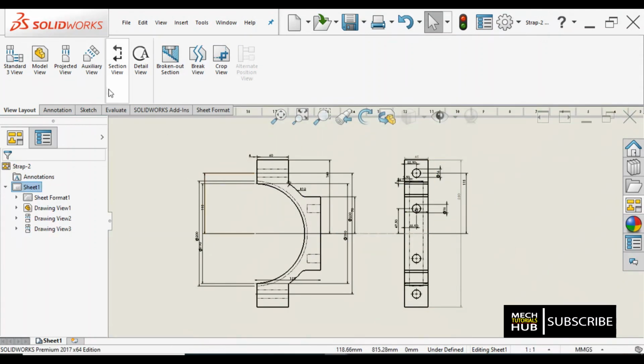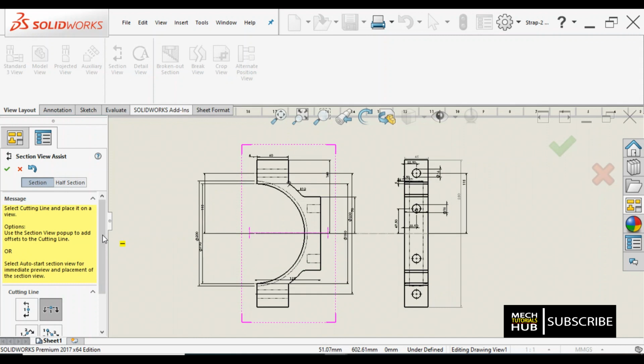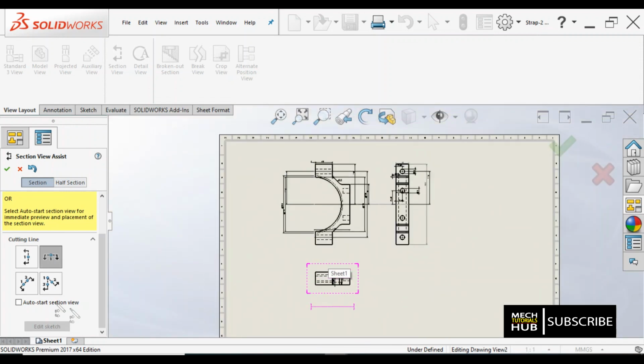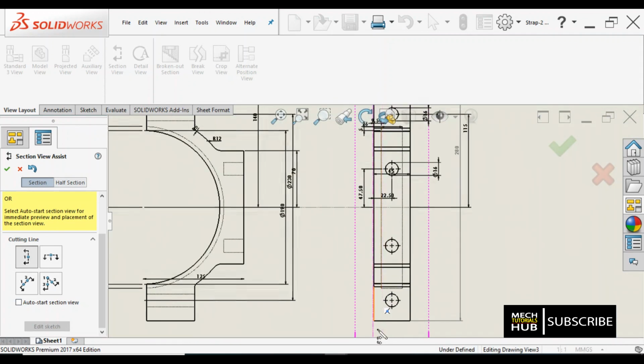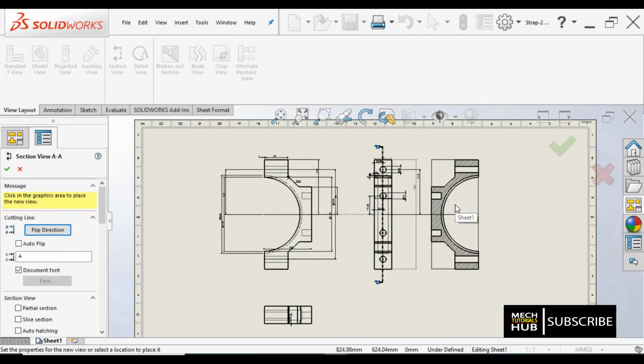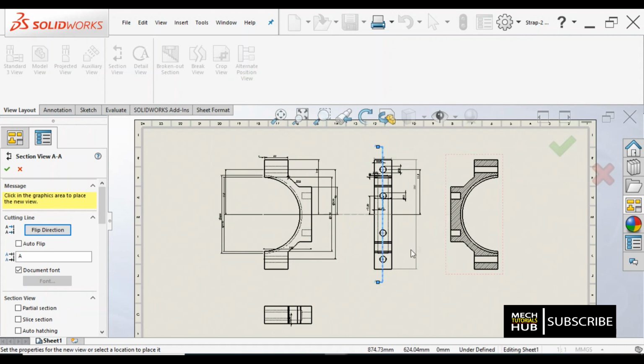Fine. Other than this, what we could do is development of auxiliary is not much required, but sectioning is very much important. Click section view, and if you go below, you find 4 different options. Means sectioning can be done in any of the ways. Okay, but basically when it comes to academics, we actually focus on a simple sectioning. Okay, you need to understand the basics, so I just do sectioning of this particular component. I'll say okay to this.